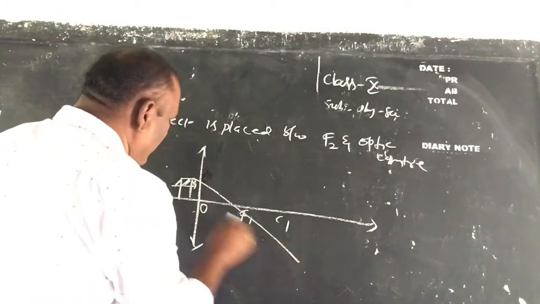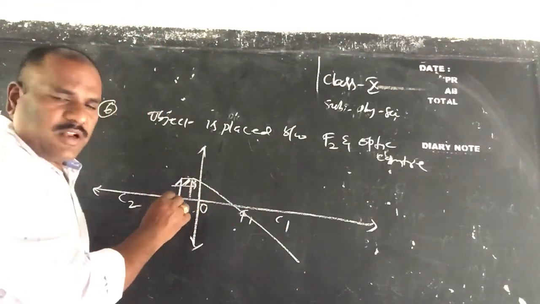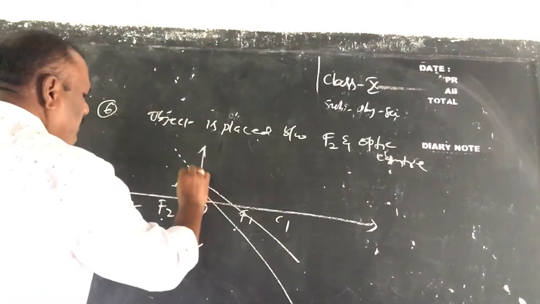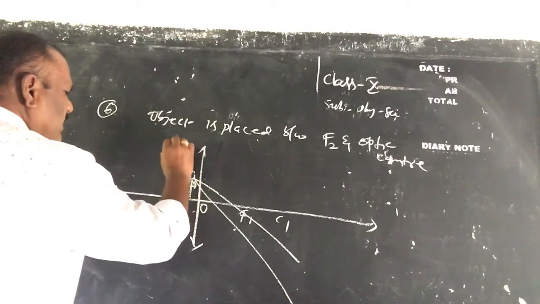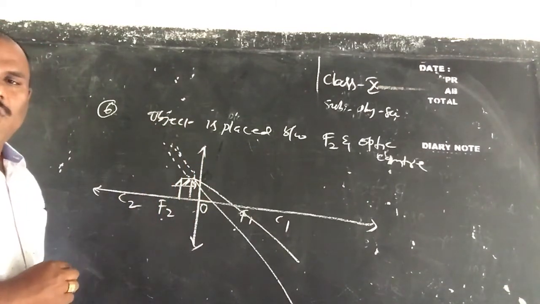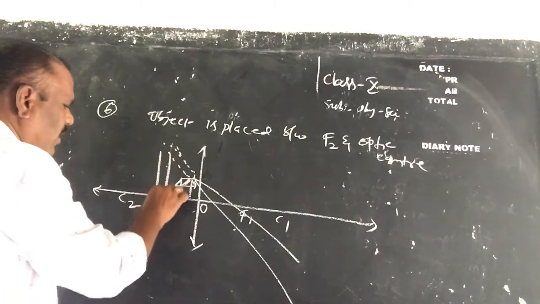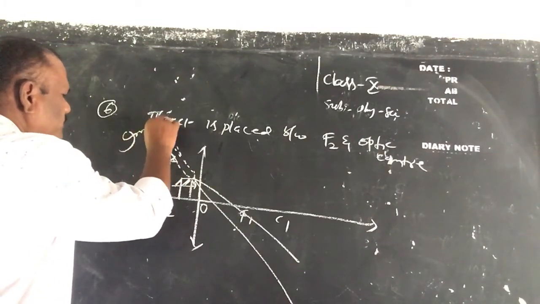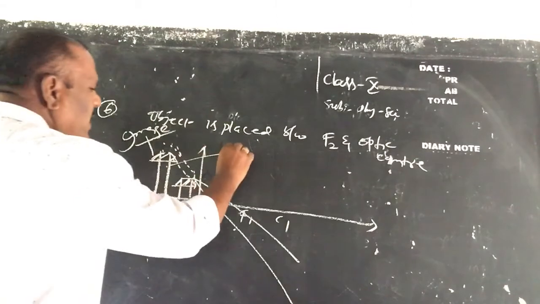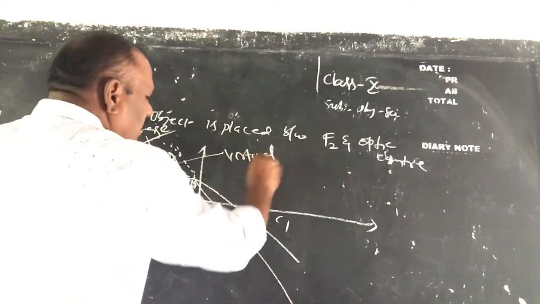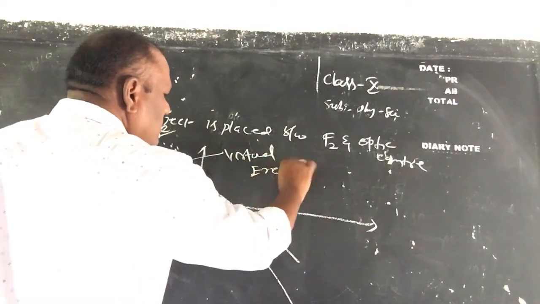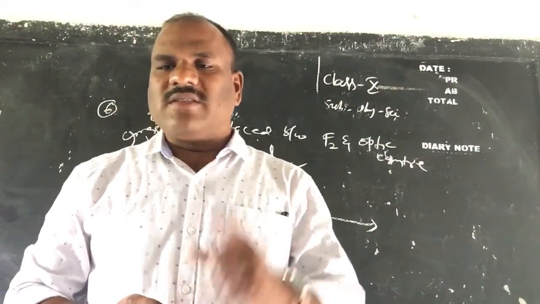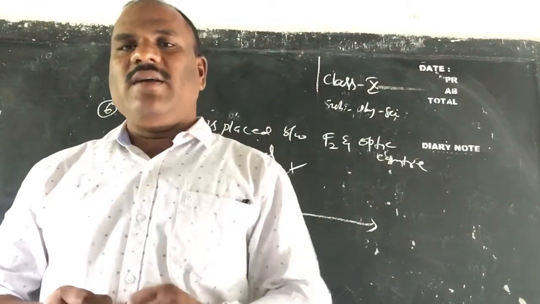Now this is one ray diagram, and this is another ray diagram, children. Observe here. When these rays are extended back, you know very well, the image is formed here. This is the image. And this is a virtual image, erect, on the same side of the lens, and a magnified image.